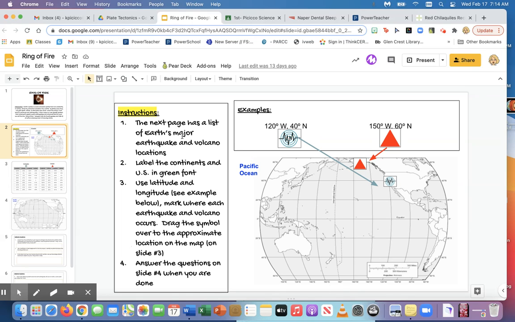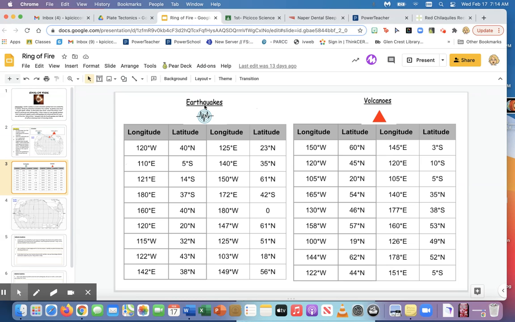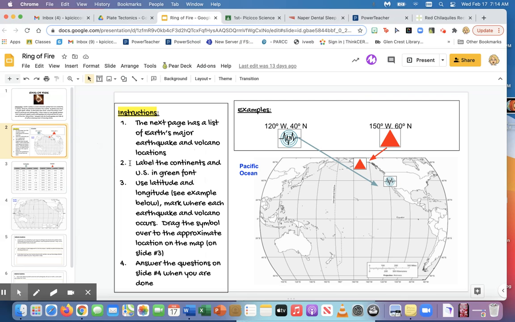It says, the next page has a list of Earth's major earthquake and volcano locations. So if we look at the next page, we can clearly see earthquakes on the left here and where they occurred, the latitude and longitude where they occurred. So these are some of the most well-known earthquake spots. Okay. And then on the right is volcanoes. These are where some of those major spots are. Okay, let's go back. It says, so the second thing you're going to do, number 2, is label the continents